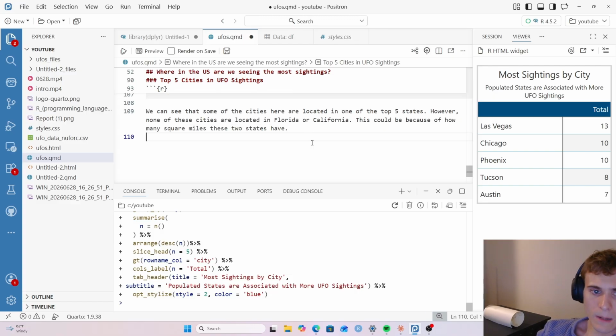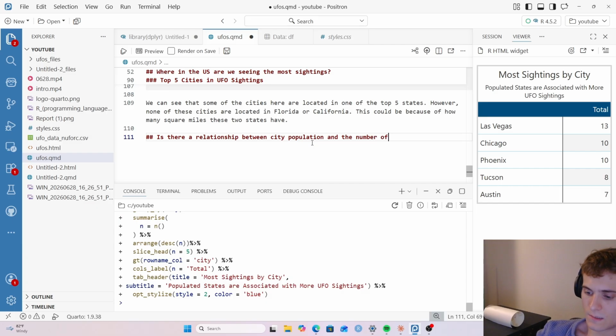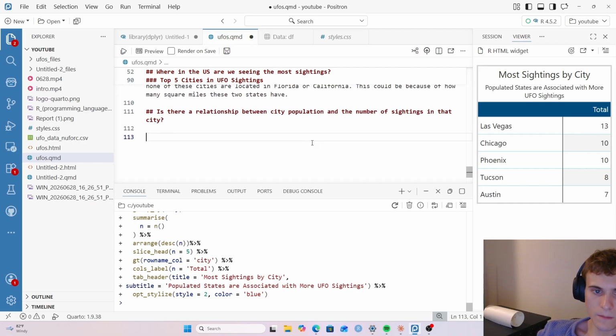And then now I'm gonna move into the next section. This one's gonna be a little smaller section. We're gonna say, is there a relationship between city population and the number of sightings in that city? Okay, so in our data set,